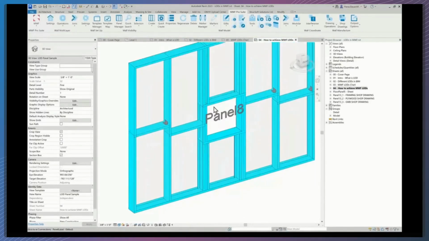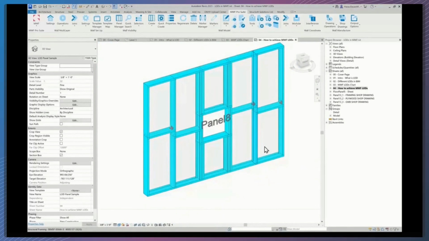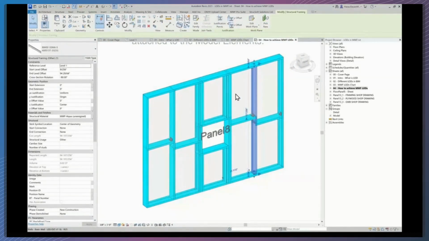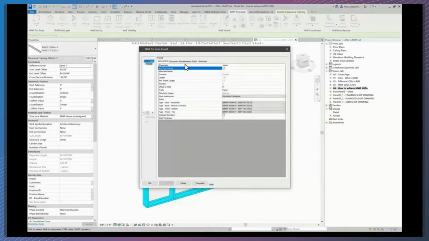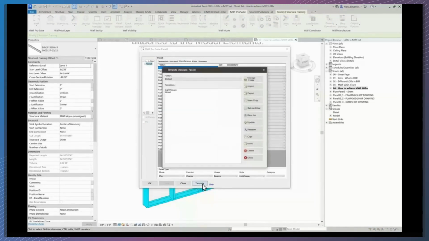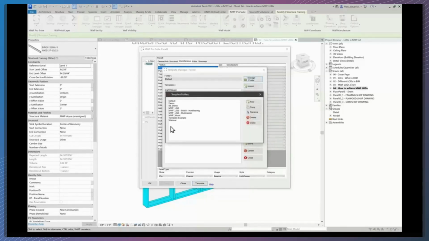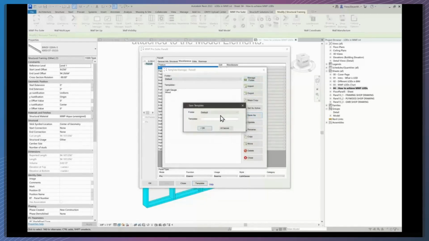So in this LOD, we would specify the details more and more, and we would add clips, for example, and then if we're happy with this template that we've created, what we would do is go back to properties. We can add additional features from over here if we like, but what I'm going to do right now is go to template, and I'm going to save this in a specific location so that I can use this template over and over again. If you click on Manage Folders, you can create a folder. I'm just going to save it here in the default, and if I click on Save As,